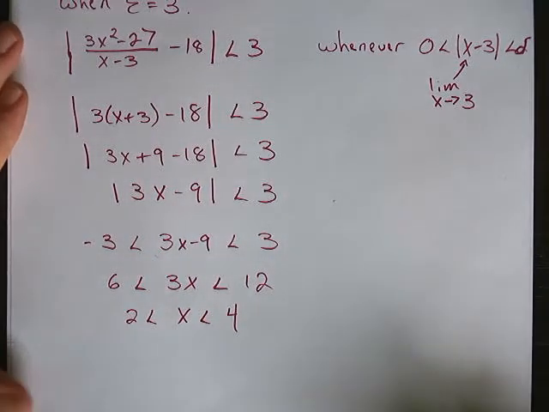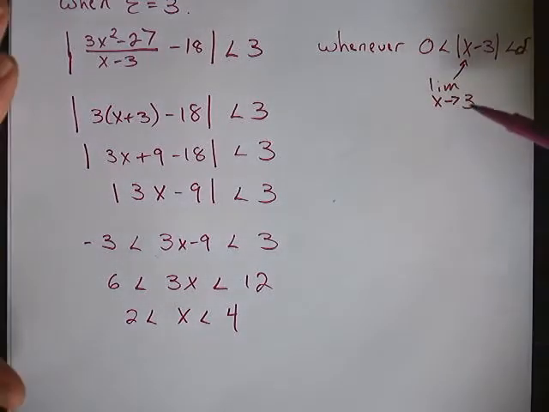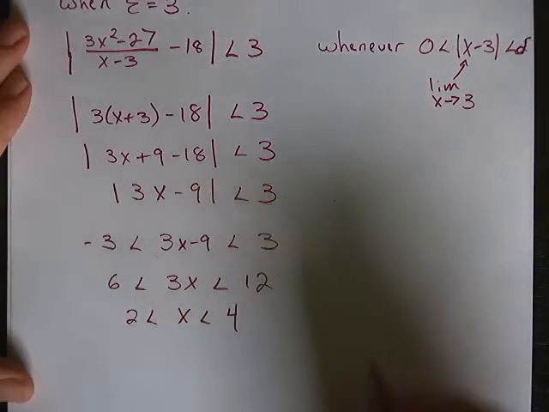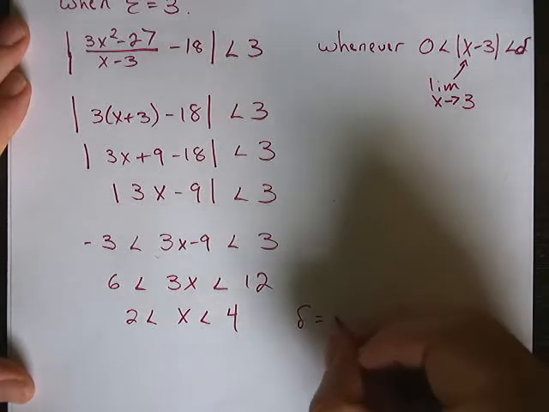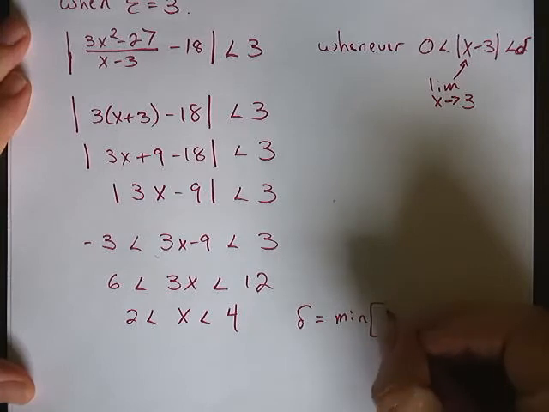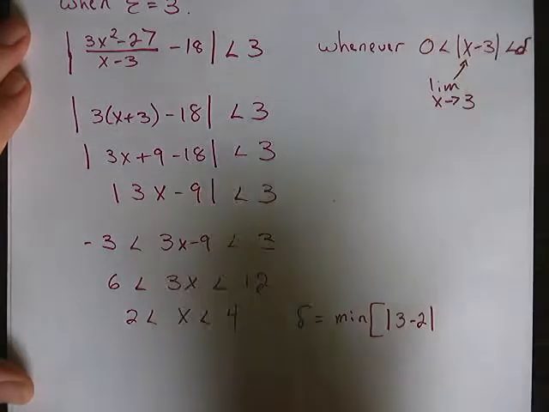Okay, now what does that do for us? Well, that tells us that as we're approaching 3, we need to be within how far of 3 to get an answer that's within 3 units of the correct answer. We can do a quick subtraction here. To find out what our delta is going to be, we're going to take the minimum of these two things: the absolute value of 3 minus 2, that's the 3 from here and the 2 from here,